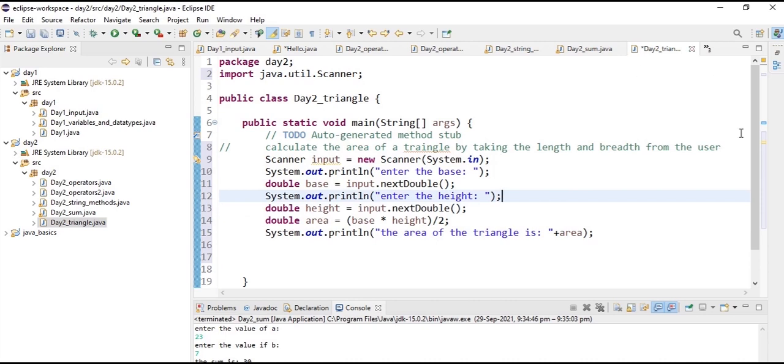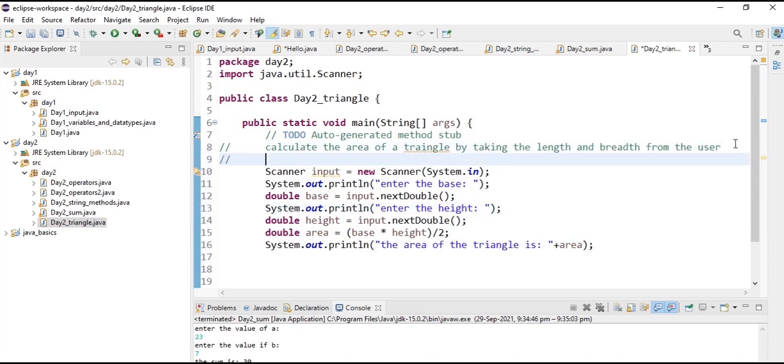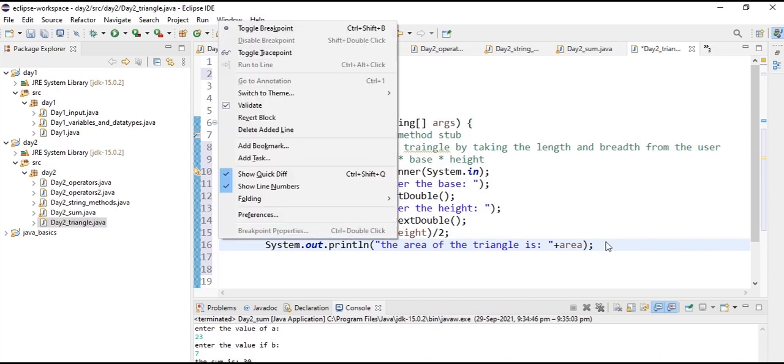So let's write the formula of area of triangle here so that we won't get confused. Half into base into height. So now let's execute this program.